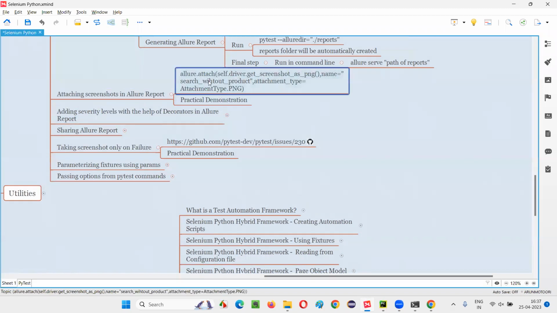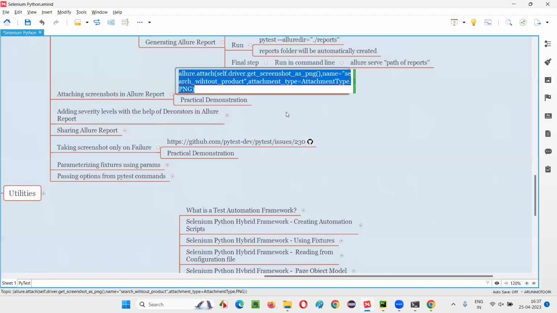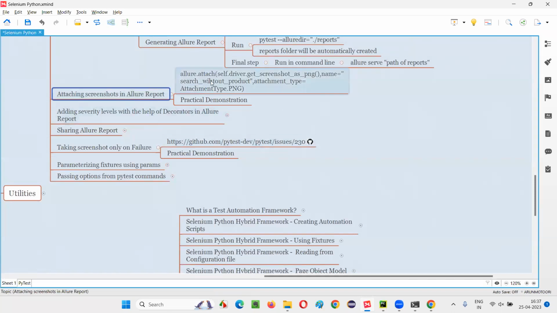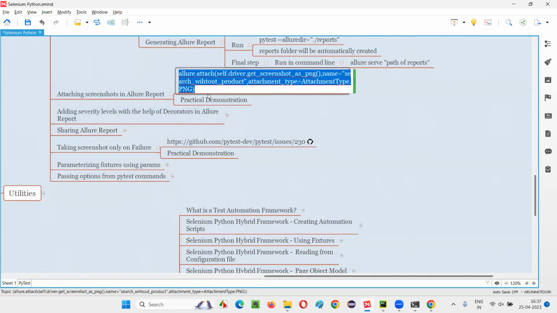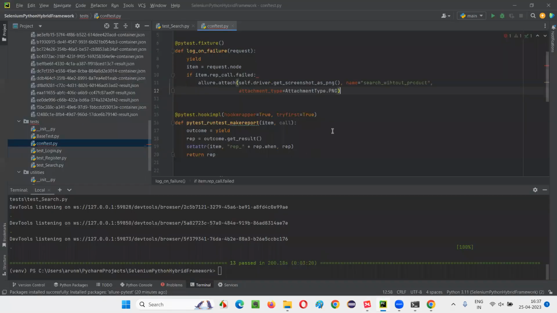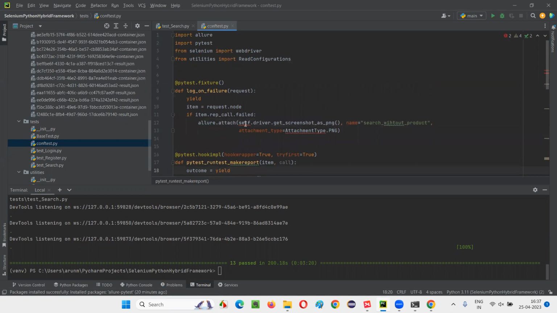Click on the place and you will get this line here. Okay. This part is also covered as part of the previous sessions. You just need this line, Allure.attach of all these things. Okay. I'll just paste that here. Hover the mouse on the Allure. Import this Allure. Done. And after that,